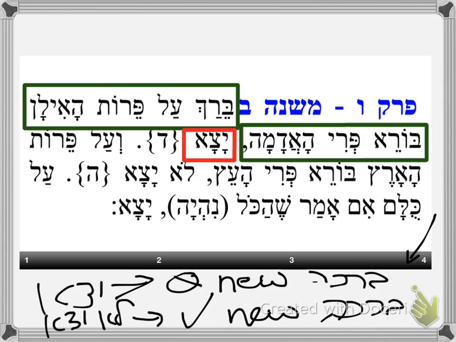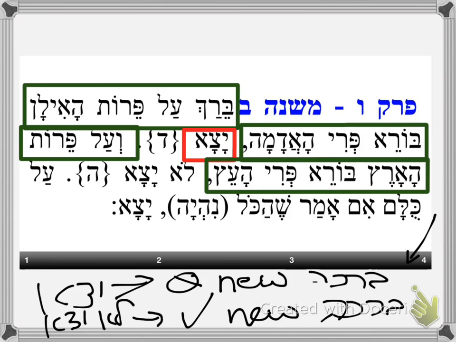However, with that in mind, the opposite is not true. So v'al peros haaretz borei pre'etz, but if you have peros haaretz, a fruit of the ground. So for example, a potato. If you are eating a potato and you say borei pri ha'etz, the one who creates fruits of the tree, so in that case, did you fulfill your obligation of making a bracha, or do you have to make a new bracha? So the Mishnah tells us, lo yatza, you do not fulfill your obligation, and therefore you need to say a new bracha. Why?